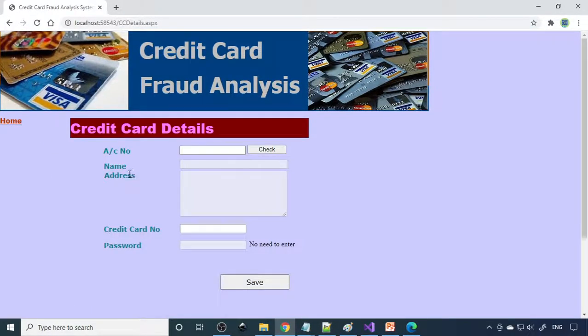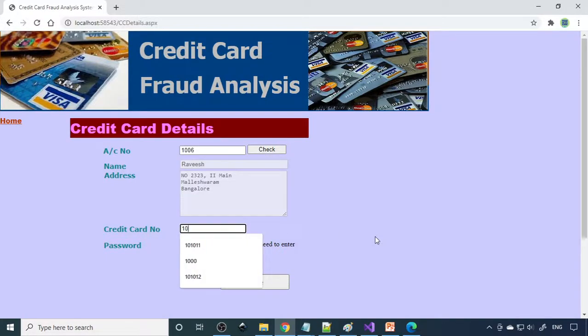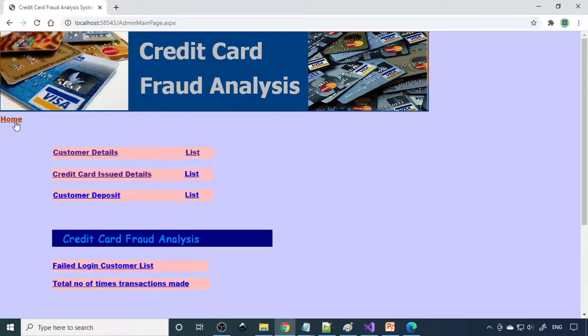So next is the credit card issue numbers. Now you can see 1006 is the account number. So the details are there. Then you have to give the card number. Let's say the card number is 1001006. Fine. So assume that it is automatically printed and covered in the pack, and you need to send this to the customer, like in the bank, the same pattern.